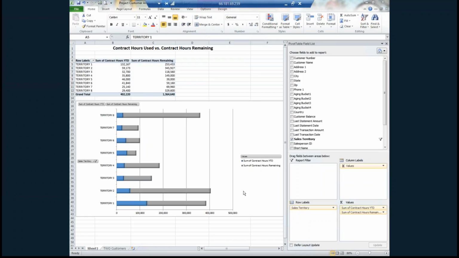But this report really focuses in on contracts that are available from the organization and the contract hours that are used and how many are remaining. And so Phyllis actually is finding some areas where she finds some concern, and so we want to make sure that as she views the report, that she has the ability to make sure that other people are aware of this information. So this is more of a dashboard type look. We also can click here under